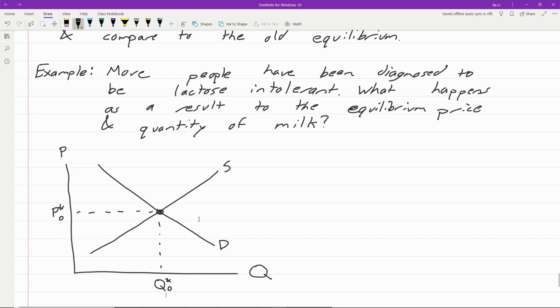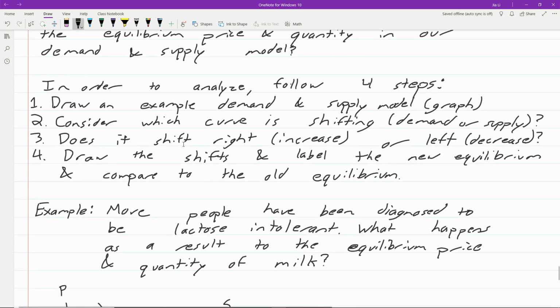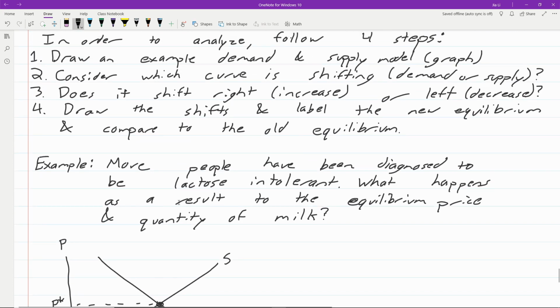Because that change in taste and preferences was listed under demand shifts, we know it will be this demand curve that shifts. Since I know it's the demand curve that will shift, I'll go ahead and label this D0, because I know I'll have to draw a new demand curve either to the left or to the right in just a second. So step 3 then is, now that I know it's the demand curve that is